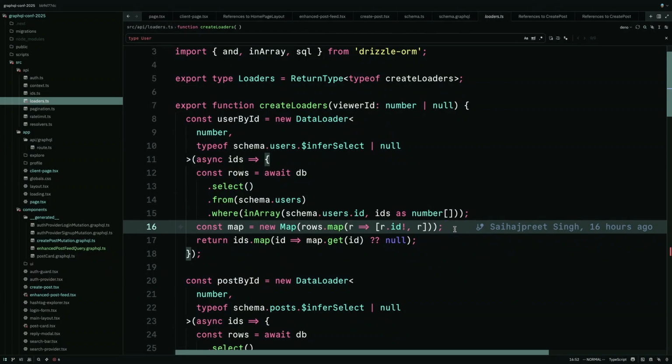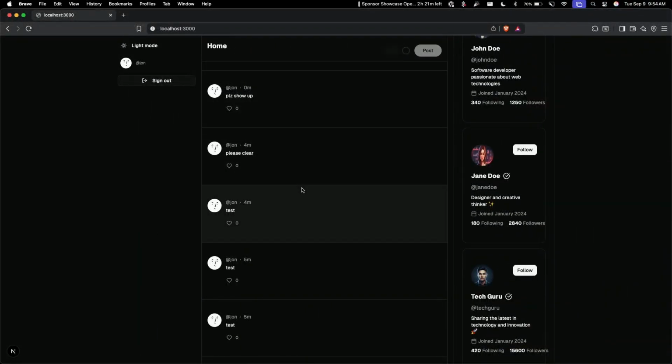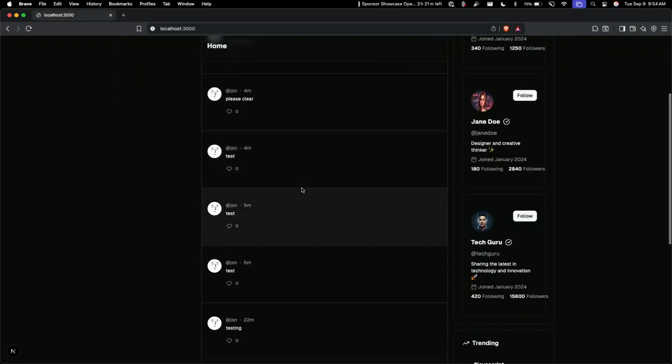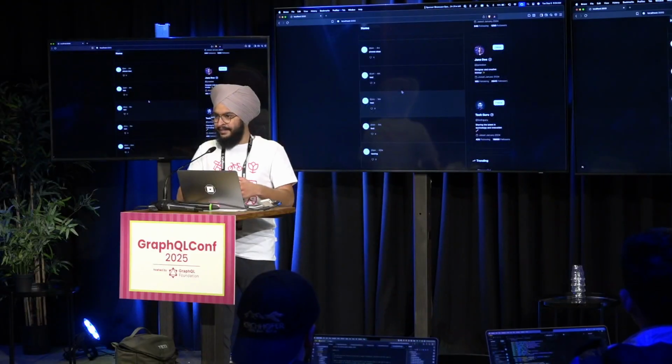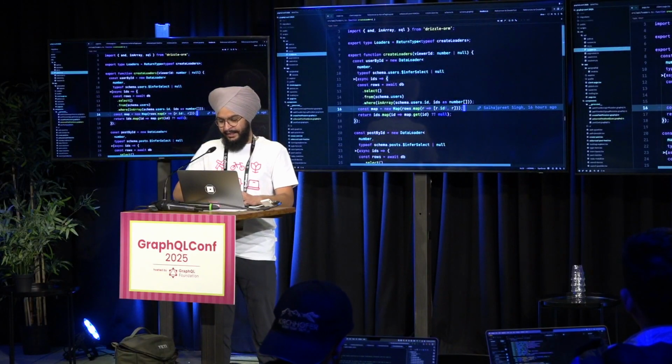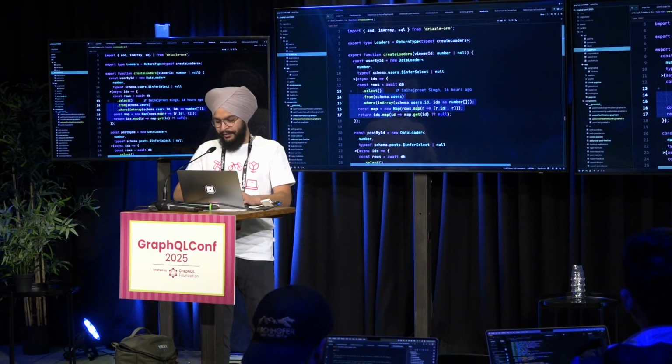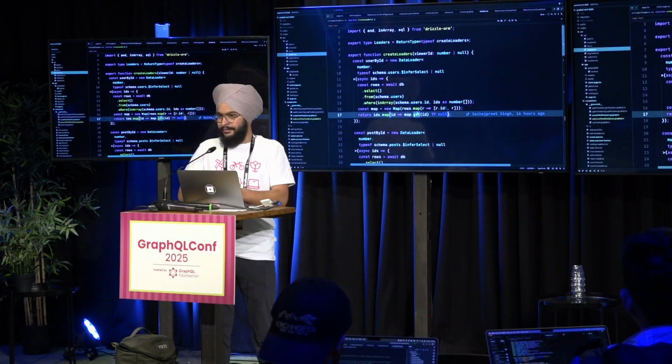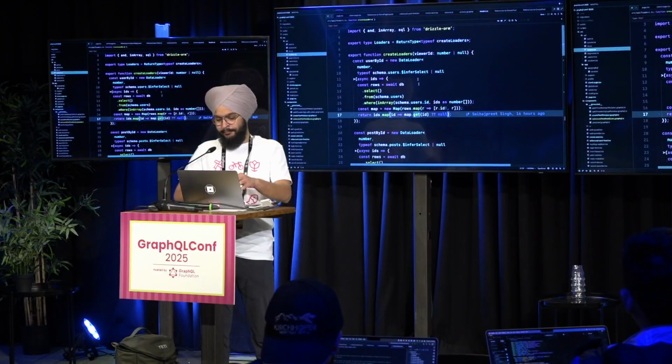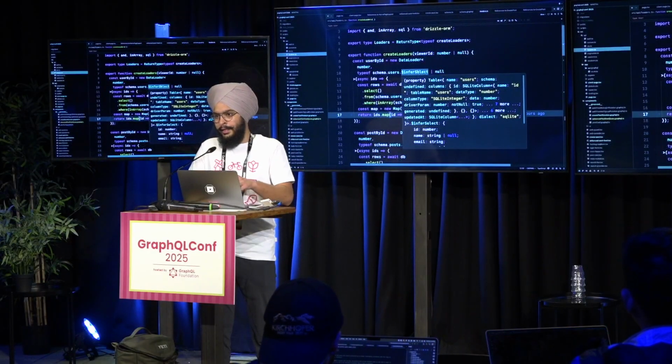thing, right now this is all user ID 1 essentially. You don't want to do a query for each one you're fetching. You want to batch them up into one thing. So that's exactly what this data loader does. It's able to batch all these operations into one, so it deduplicates user ID 1 into just one, and then